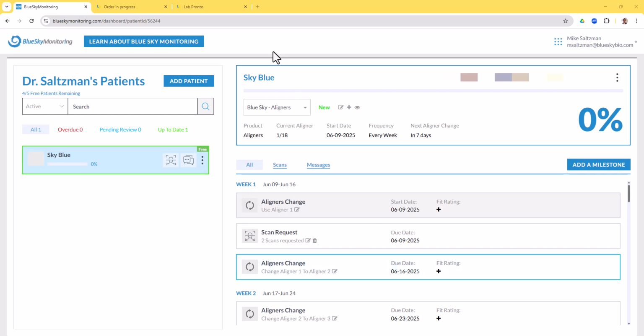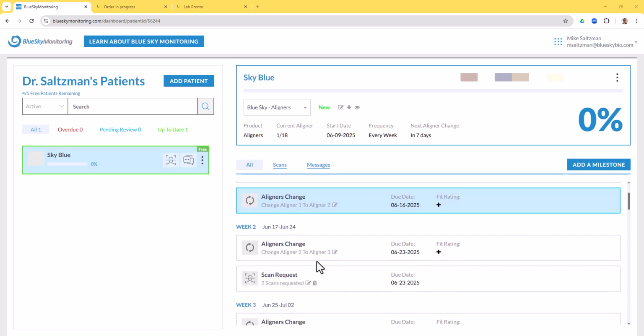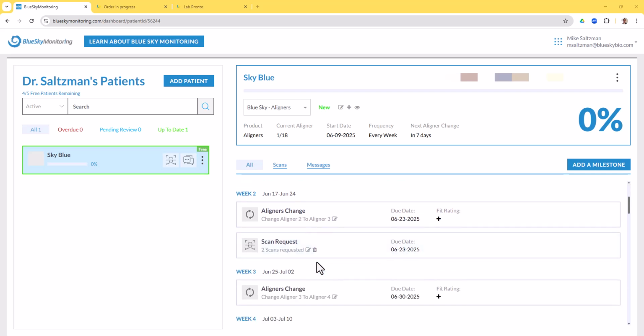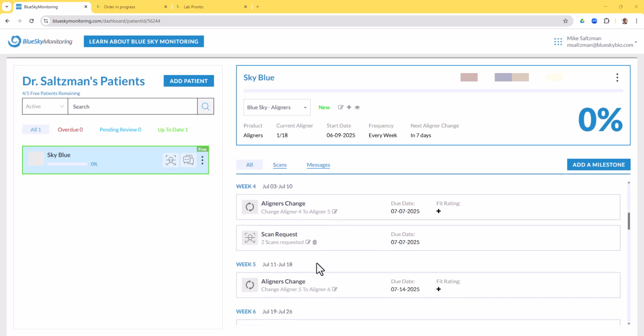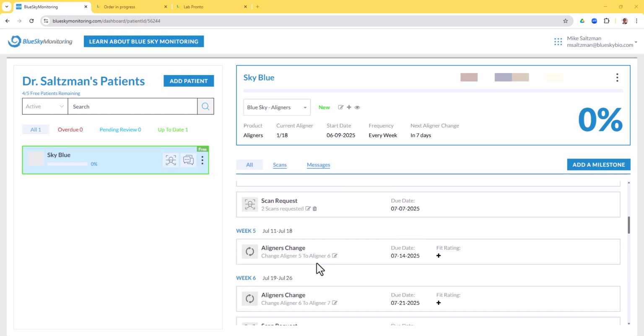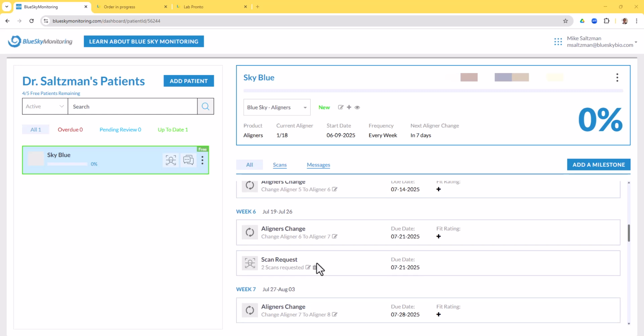If you are already mid-treatment with your aligner patient and you would like to start using Blue Sky monitoring for that patient, then simply go ahead and set up the patient and the schedule as you would for a new patient. Once that is done, scroll through the schedule to get to the current aligner number that the patient is wearing. So for example, if the patient currently has aligner 7 in their mouth, and the next change is going